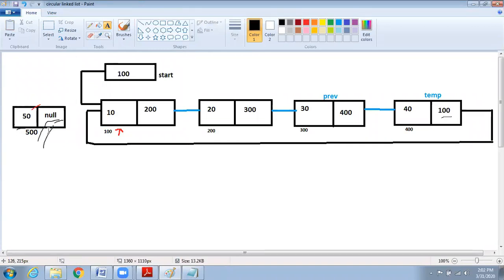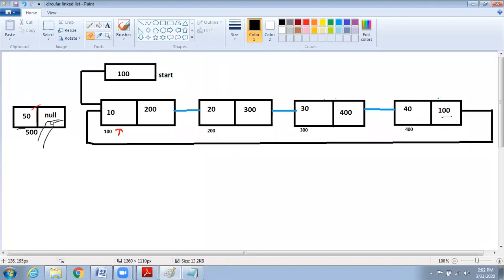Now I want to make this new node the first node. Guys, don't scribble. First, let me understand logically what changes we have to do. What are the changes we have to do to make that node the first node? Instead of null, we have to keep 100. Exactly, 100.